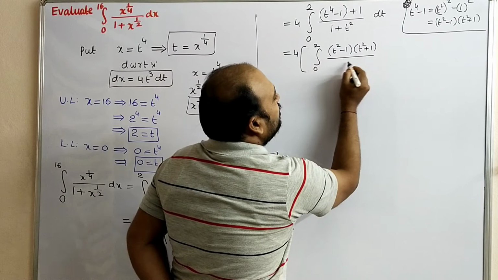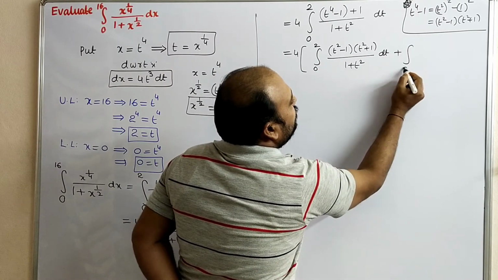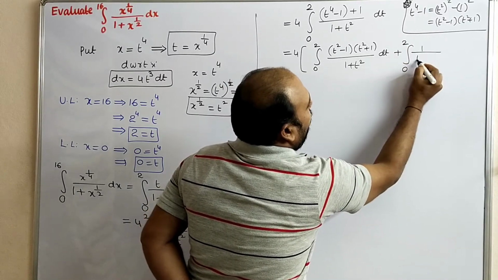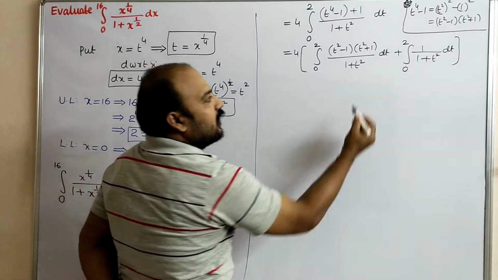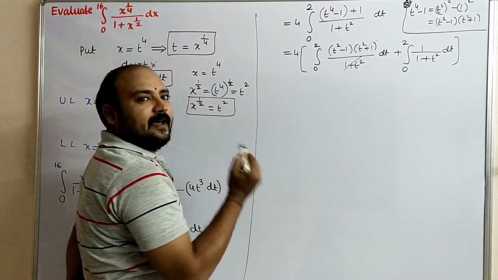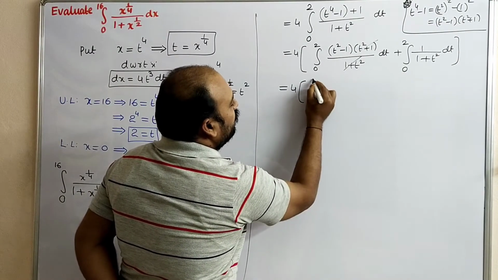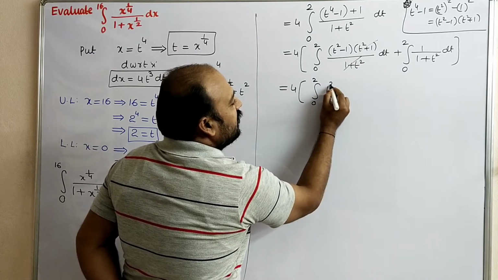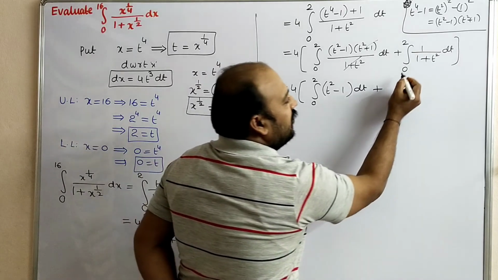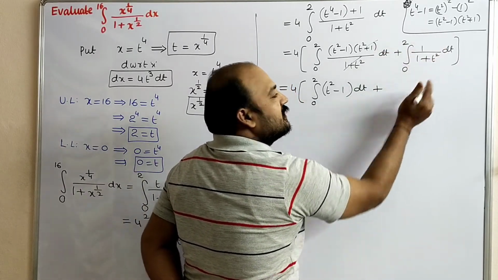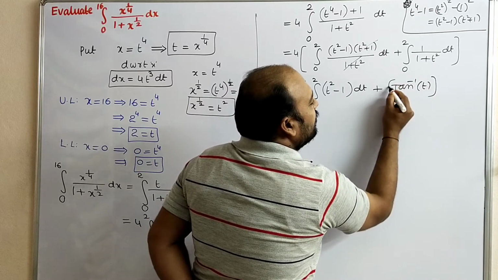Divided by 1 plus t square into dt plus integral 0 to 2 1 by 1 plus t square into dt. So here one of the 1 plus t square will be cancelled. So it will become 4 into integral 0 to 2 t square minus 1 into dt plus integral 0 to 2 1 by 1 plus t square, tan inverse x, that means tan inverse of t, applying the limits 0 to 2,